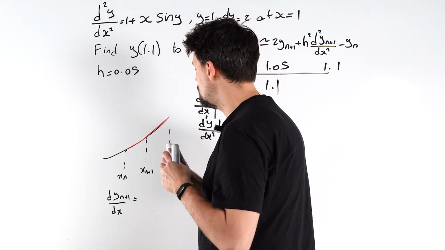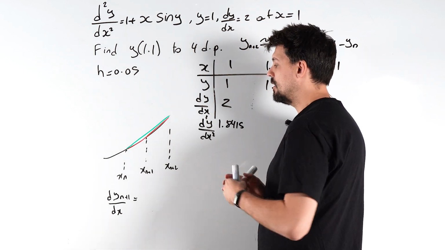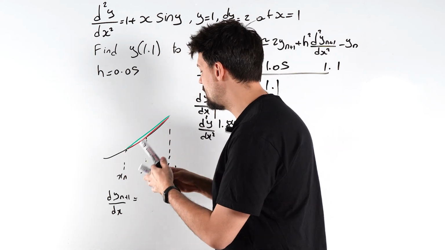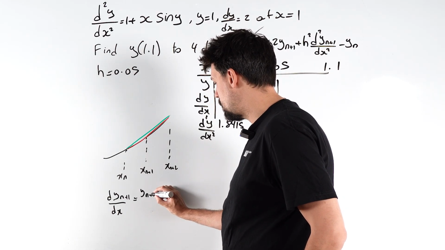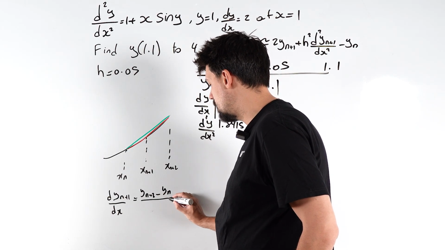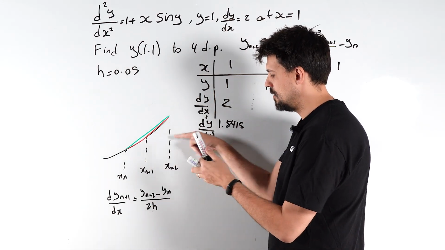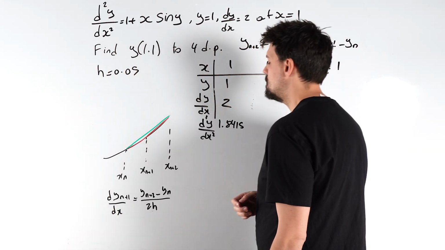A nice one to do is, how about I look at the gradient between these two points? I like that one a lot. So that will be yn plus 2 minus yn over 2h, because now the distance is 2h. Now that, my friends, is much, much nicer,